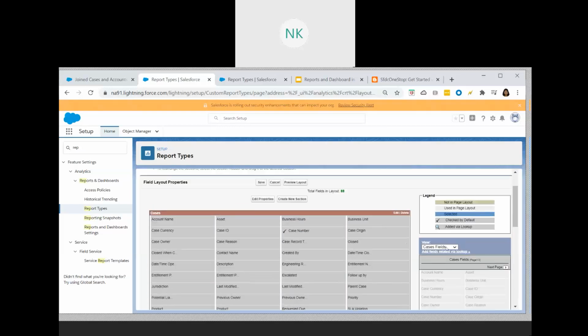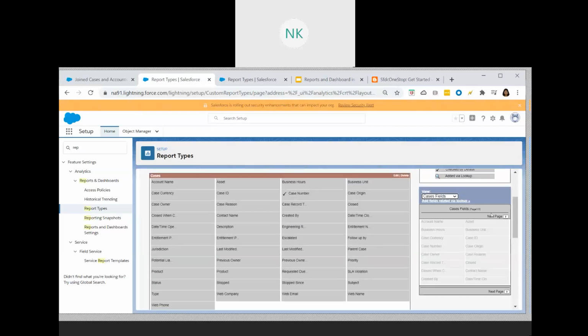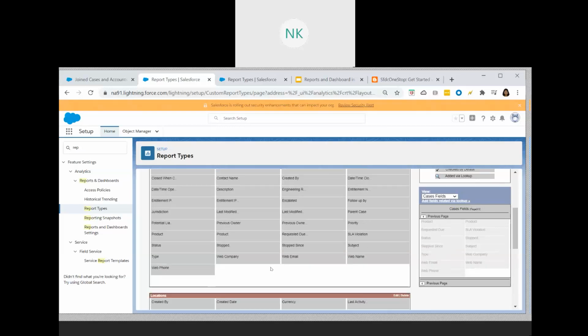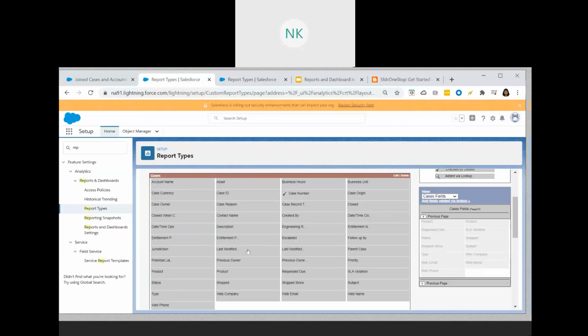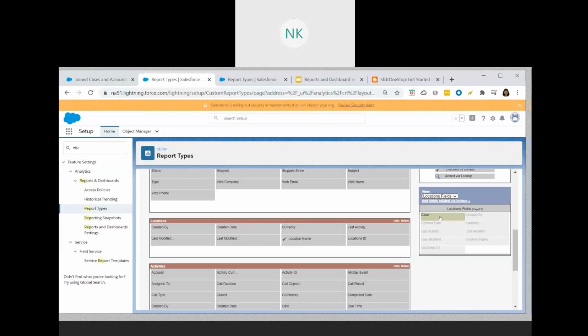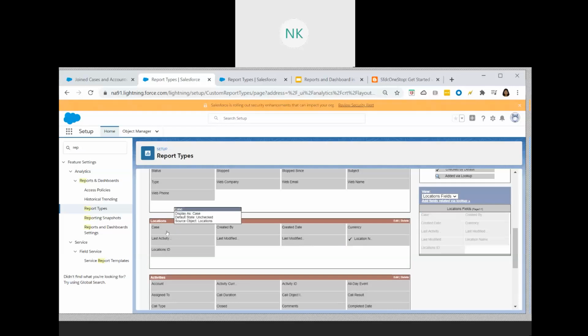And how do you see that? At the right hand side, you see here case fields. When you click on that, here you see case fields, page 1, page 2, and page 3. So almost everything got added to the case layout. This is grayed out, which means all these fields are added to this particular section, layout properties. Now let us click on location fields. So in the location fields, you see we don't have this case added. So if you want to add a field from the right hand side, you can choose this and put it over here. So you are adding that specific field here.